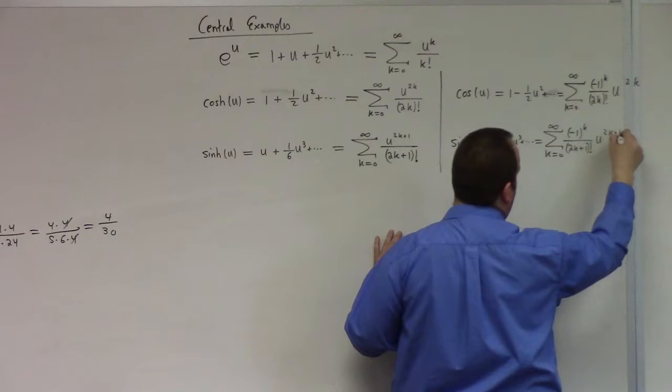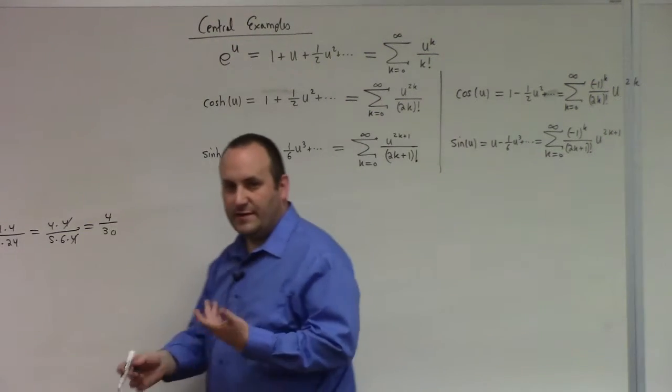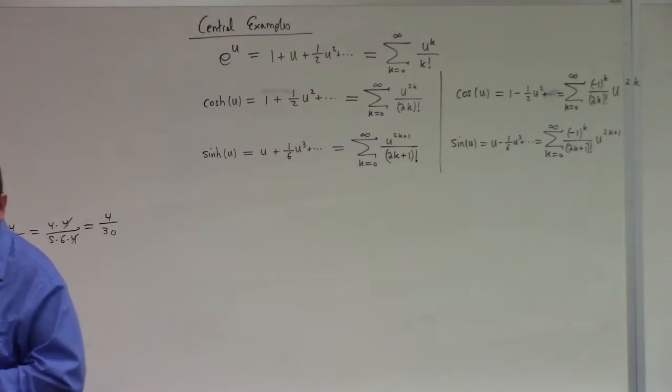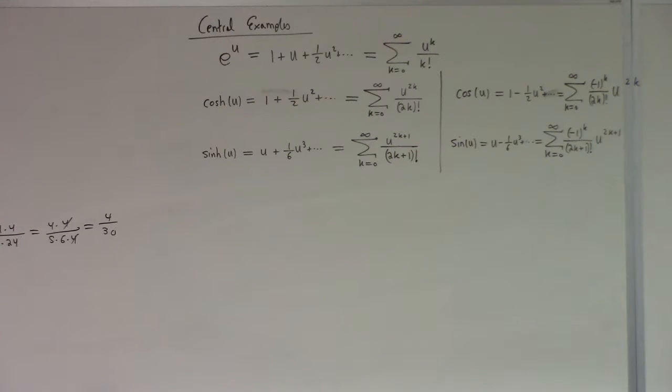So what are some useful and simple observations we can make about these series that help us remember them correctly and apply them correctly? Well, as we're just remarking, an even function has an even series centered at 0. An odd function has an odd series centered at 0. Don't get carried away with that. If we're not talking about the center being 0, that's no longer true. If you look at sine, the sine function centered at 1, you'll have both even and odd terms. All right? So this even odd business is only good about 0,